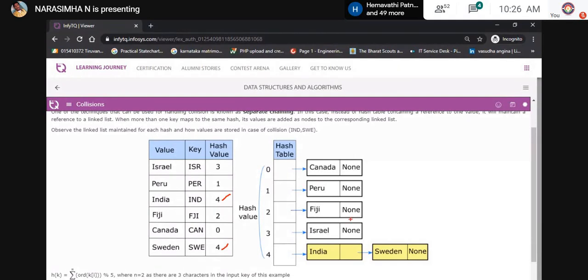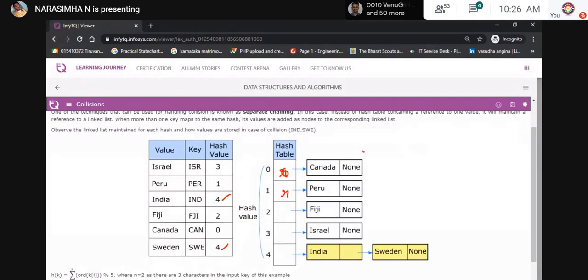Here. Now how will it be? It means that for each and every hash node reference, the hash table stores in the index. It is a reference for the node. This one also is a reference. Right?